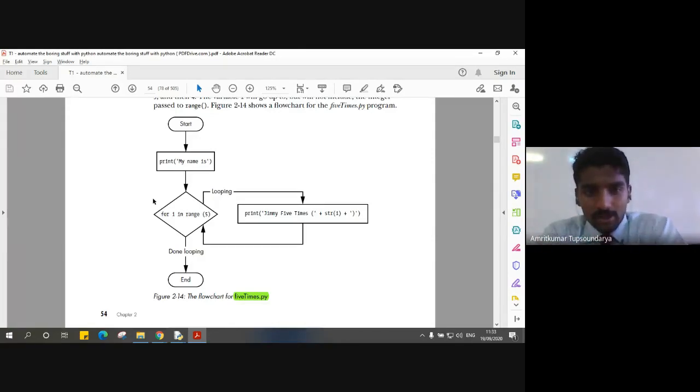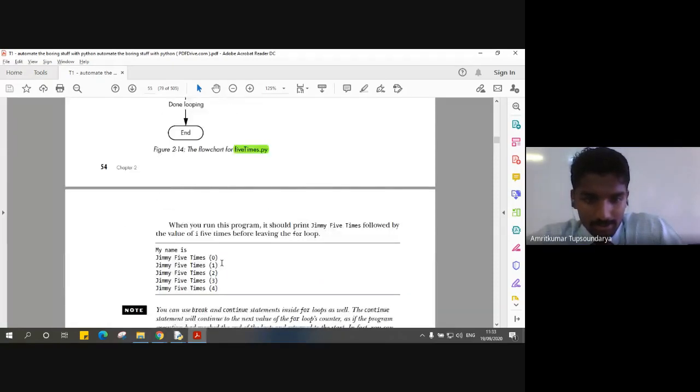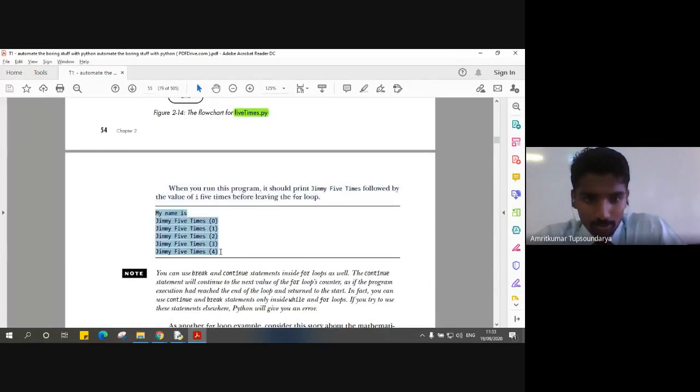We are looping the printf statement until we reach the maximum range, which is 5. We reach till I is equal to 4, and when we go back to check the for condition, we hit the maximum range 5, and we get out of this for loop and then end the program. So again, a simple statement, and this is exactly what we saw as the output here.